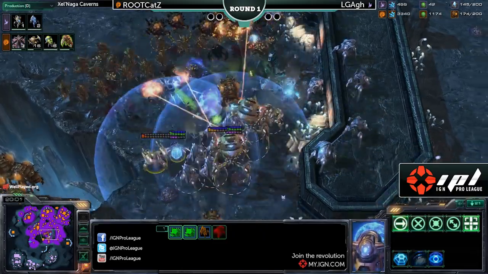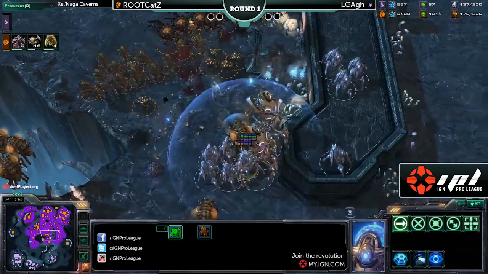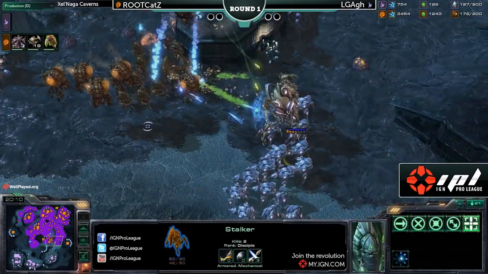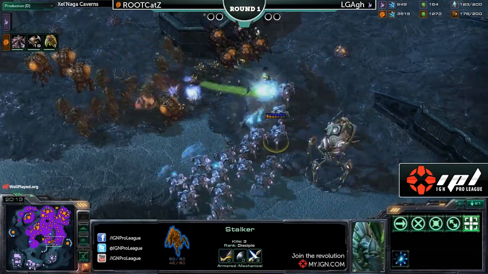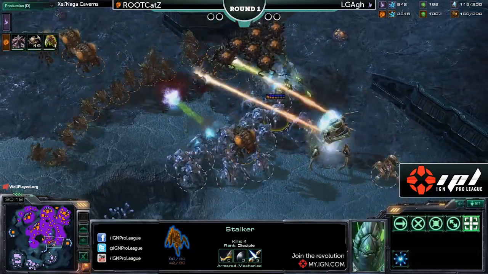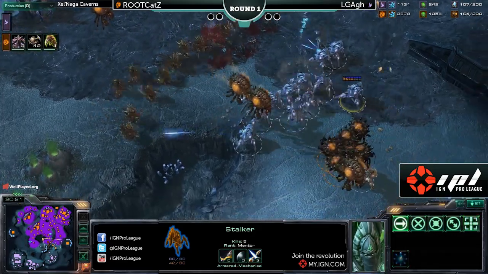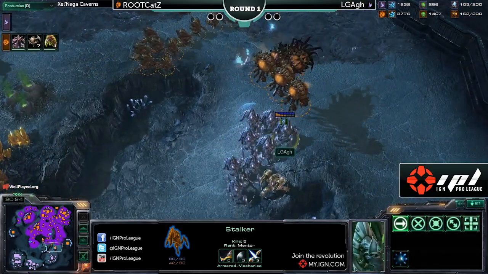Blink Stalkers also taking the high ground. There's a couple of Immortals in and out of the fight. It looks like enough Corruptors are going to be able to come in and reinforce this. Stalker numbers are quickly dwindling, and we will see the Colossus go down, so those Hydras will be able to maximize their damage with some really solid DPS. The gold base is not out. Now we want to see